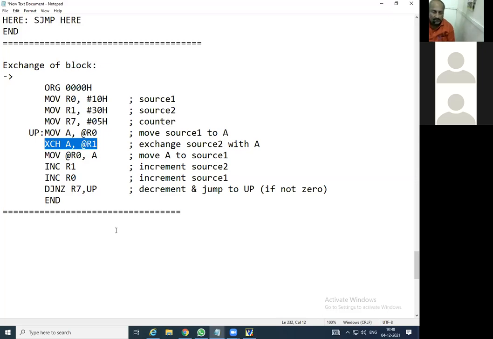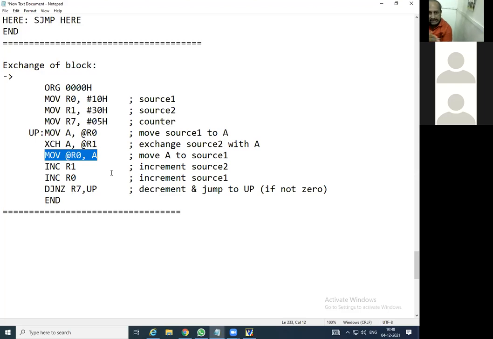Interchange इथं होऊन जातो. And once it has been done, the next command is move @R0, A. कारण R0 हे सोर्स 1 आहे, सोर्स 2 बरोबर डेटा एक्सचेंज झालेला आहे, परंतु तो अक्युमुलेटर मधला डेटा now we have transferred back to the source 1.